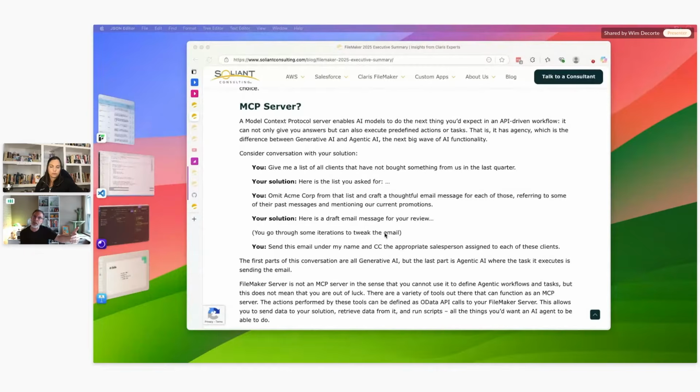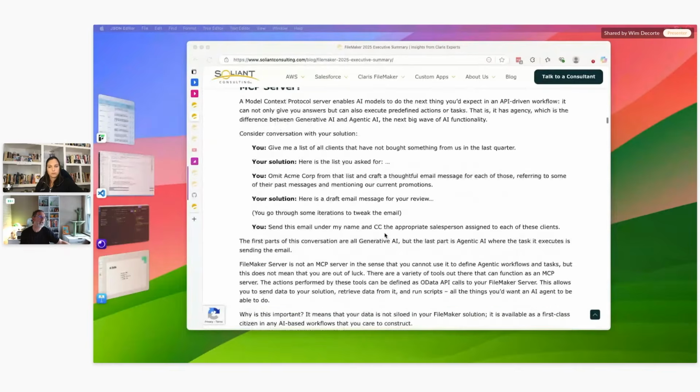This is why we want to mention it, because we want you to start thinking about what that will look like. What kind of features would you want in your solution if you could have that, where you can not only chat with AI, but then have your AI take the next step, do an action, whatever that may be. It could be sending something to a Slack channel or sending an email, as I just mentioned. So this is where it's going, and this is what we're already experimenting with at Soliance.